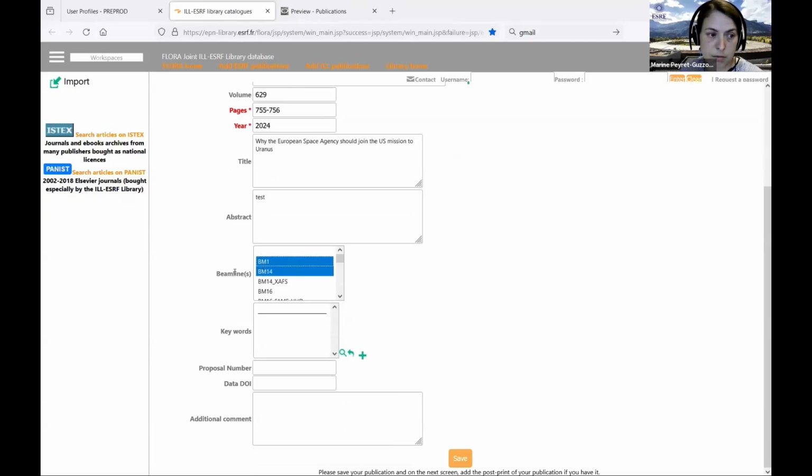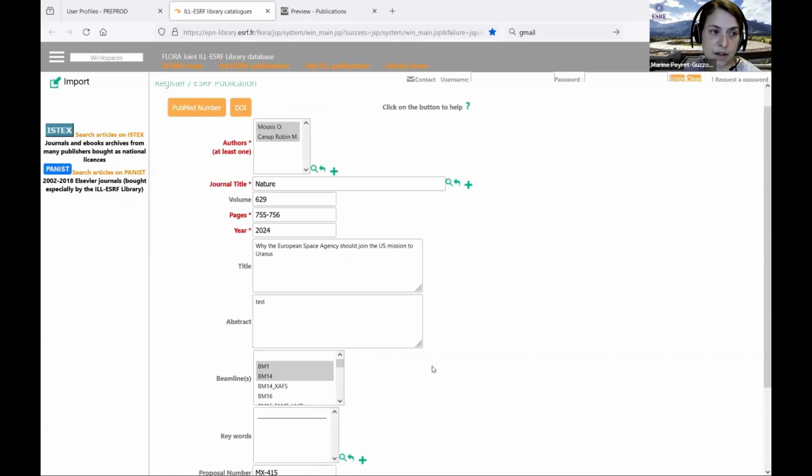You can select multiple beamlines, add keywords if needed, and also reference the proposal number you have been part of, as this will be used to pre-fill automatically the MXBAC report, for example. And also mention the data DOI under which your data can be found and that you have referenced in your publication. When this is done and you have verified the information,